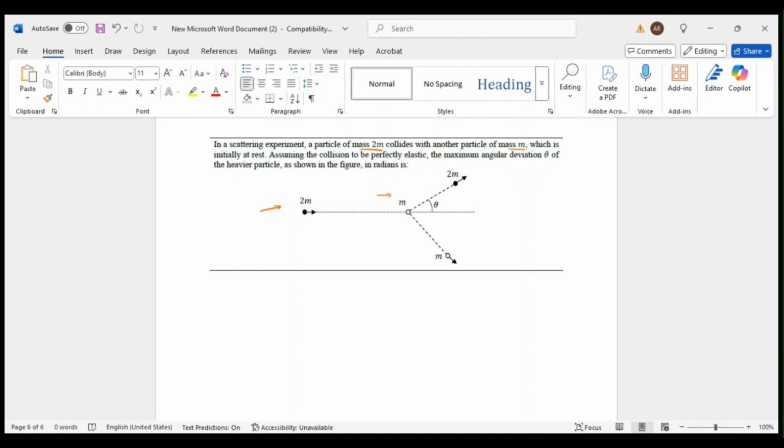deviate in different directions. 2m deviates at an angle theta, and for m, the angle is not given here in the question, so let us consider an angle alpha. Now, according to the law of conservation of momentum,